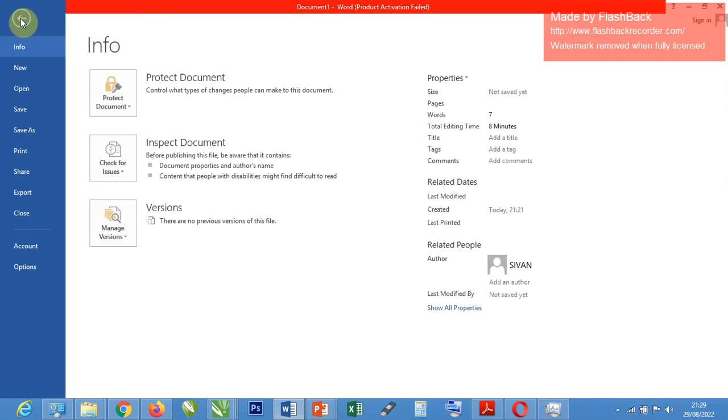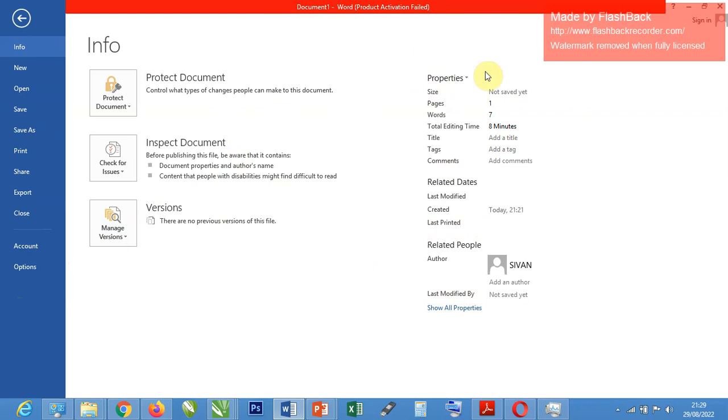So if I click the file tab, it takes me to my backstage view. In short, it gives me the properties of the document that I've opened. We also have other commands: new, open, save, up to options that will take you to the advanced settings of